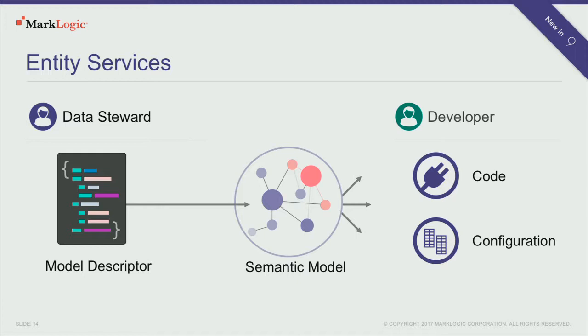So write down the fact that a person has these common characteristics, and people are related to assets in this way, events are related in this way. So write those down in a way that makes sense to the domain modeler. When you store that description of the model in the database, it's actually distilled down into a graph of facts, a bunch of semantic triples. And you can do queries over that.